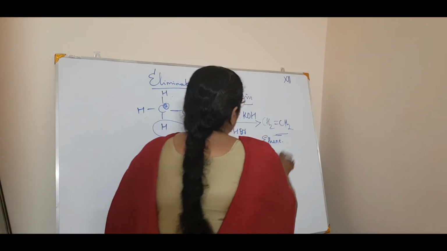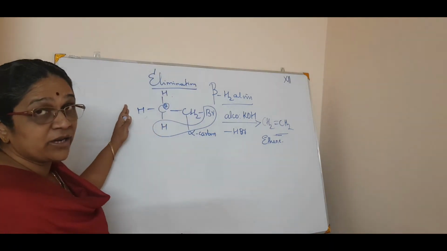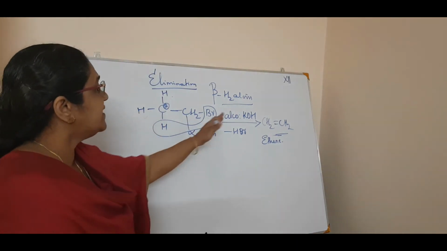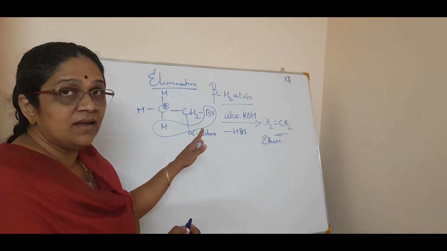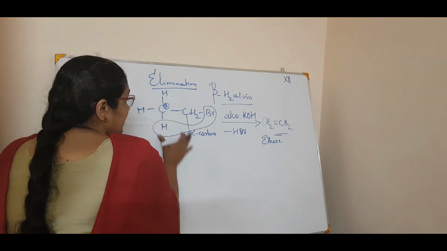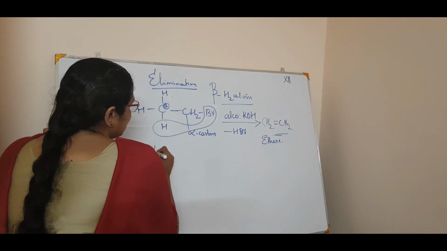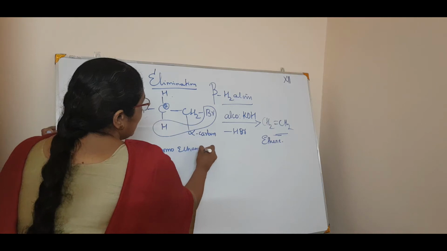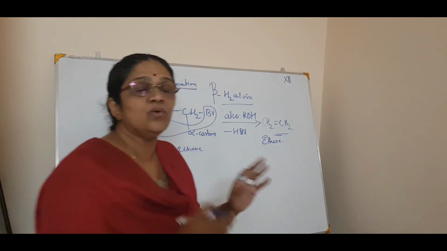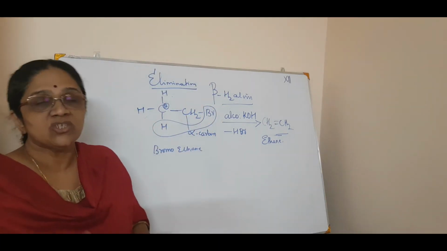I told you, there is a custom in organic chemistry where you write the reactant and product. In organic, we will write the name of the compound here. For example, this is bromoethane, and the product is ethene. Usually, we will write that in organic chemistry. So, follow that custom.